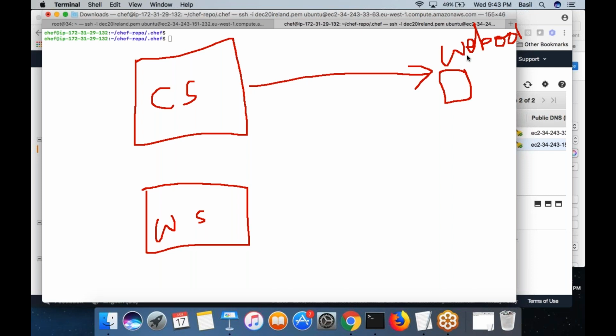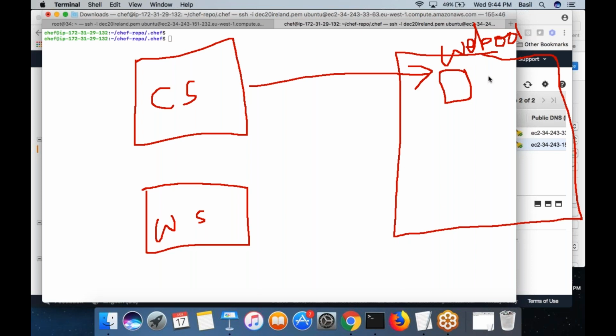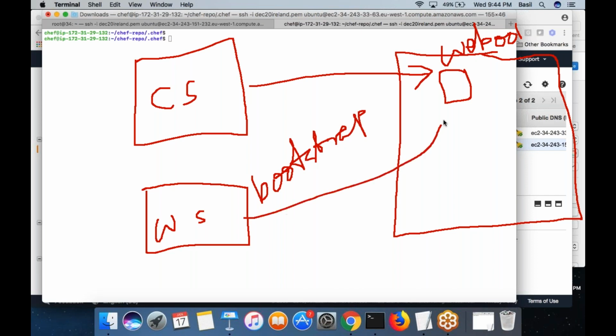And individually, like I told you, you have any number of machines in your infrastructure. All those machines should be bootstrapped into Chef server. How do you do that? You run a bootstrap command from the workstation. What the workstation does is it will connect to the node.